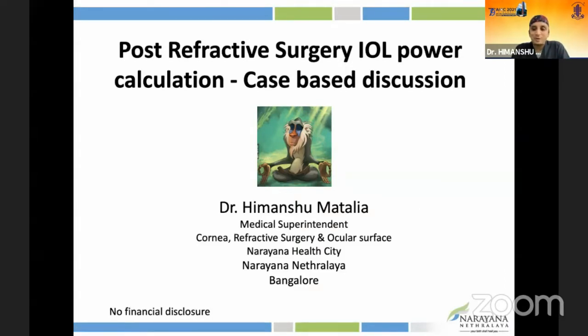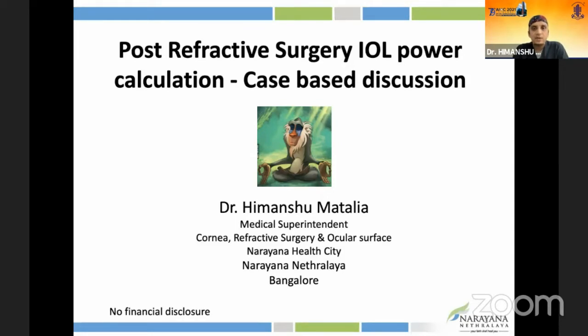So the topic given to me is post-refractive surgery. I had to decipher what exactly it meant, and I asked Lucy what exactly she wanted me to speak on. She said she wanted me to speak on post-refractive surgery IOL power calculation. Basically, all of us are going to come across such scenarios, and we already have, but we are going to come across more and more of them, where people who have undergone refractive surgery in the past come to you, and now we have to deal with their expectations and their IOL